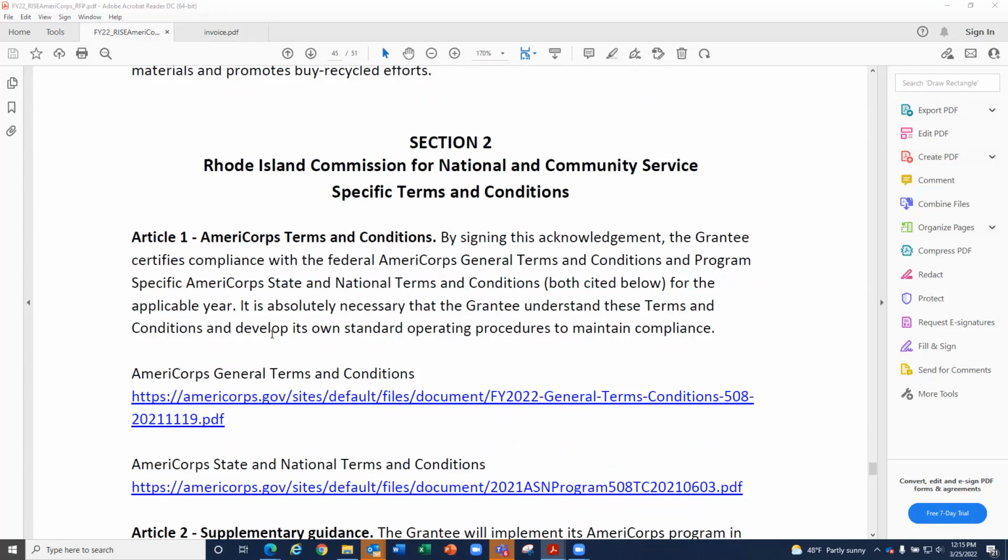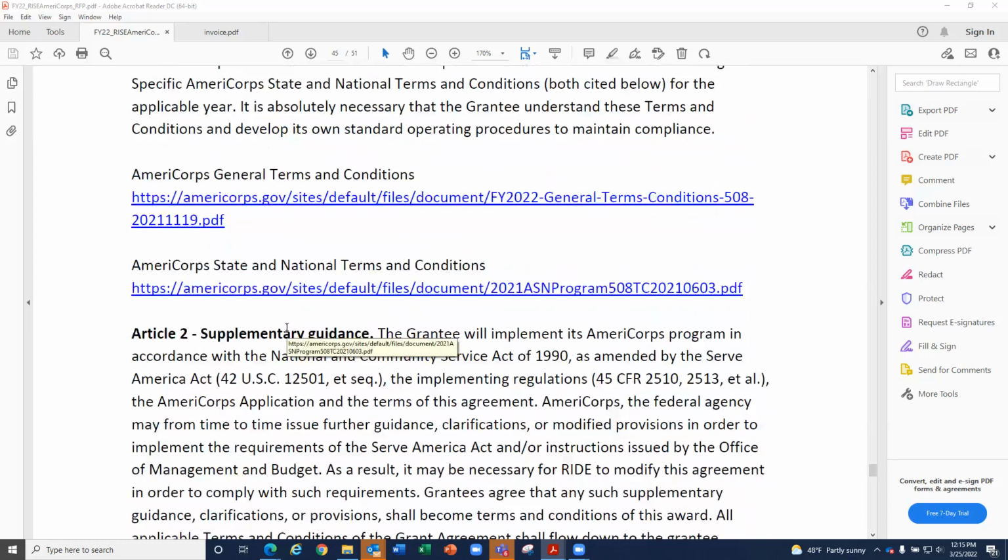It's really section 2 of the terms and conditions that are specific to the Americorps program that I think it's important that you take time to review with your team before you really say, yes, we want to accept these funds for sure. The first article refers you actually to a document from the federal program itself, the Americorps state and national terms and conditions that apply to all Americorps programs. And we're going to take a look at that document in just a second, but I'm going to scroll past it for a minute here and talk about some of the Rhode Island specific